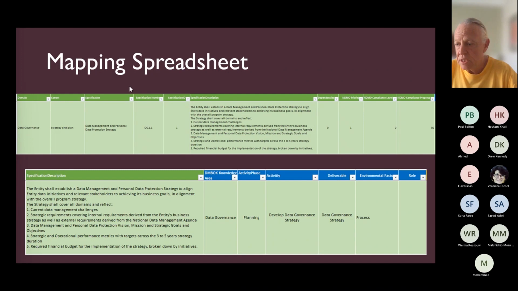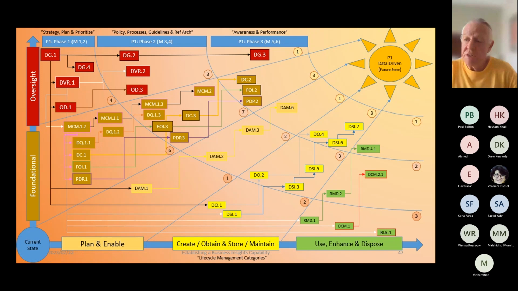Okay, slide 47. Okay, so here are the deliverables that we've set up to answer your question, Ahmed. In terms of these, what you can see here are both domains and controls, and in some cases submissions, where we have dependencies and an ordering in terms of how you must implement it. Is that what you're looking for? Exactly, yes. Wow, that's great. Great mapping. Yeah. So we've got all of these things all connected.